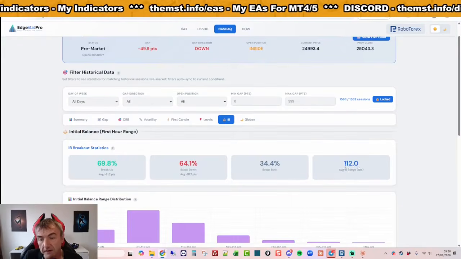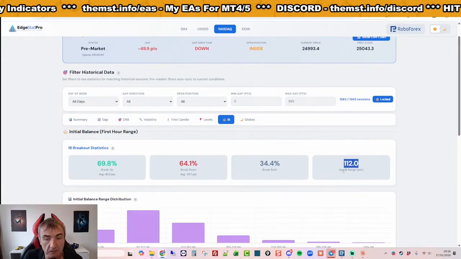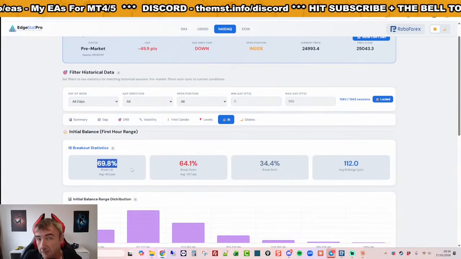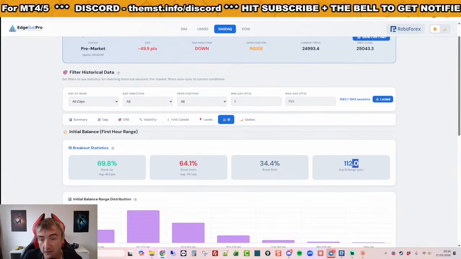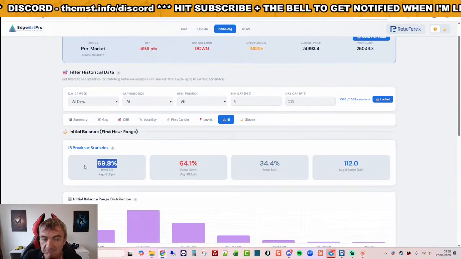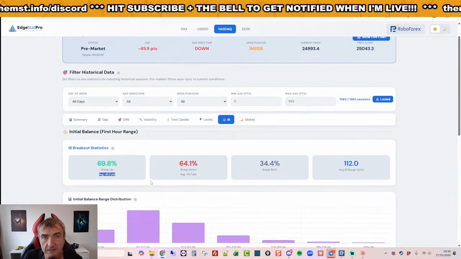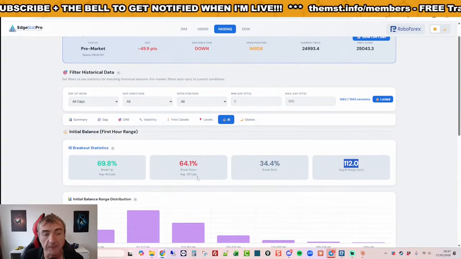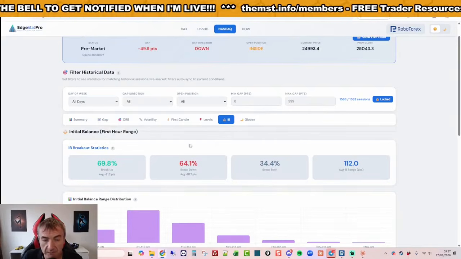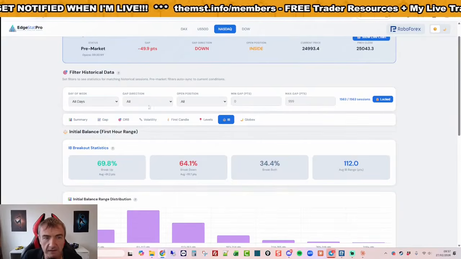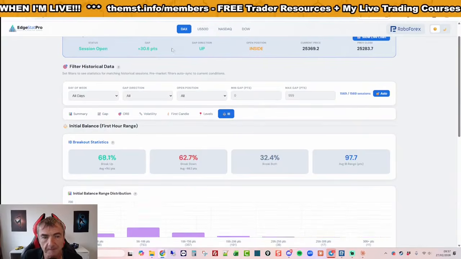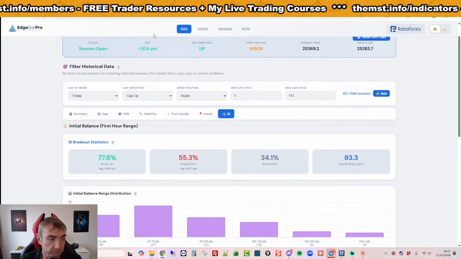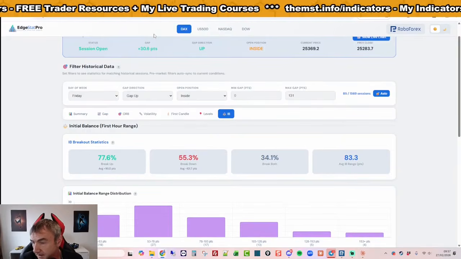And also the other thing you can find out is what the averages are. So if the average initial balance is 112 and we get an initial balance of 300, these statistics are probably not going to be worth watching, are they? Because if you are 3 times bigger than normal, you're not going to break up 91 points, which is an average 1 hour candle at the open. It's going to be different. So you've got to take a little bit of a pinch of salt with some of this stuff. But anyway, it's a good project. It's been fun. And I will carry on digging away with him.